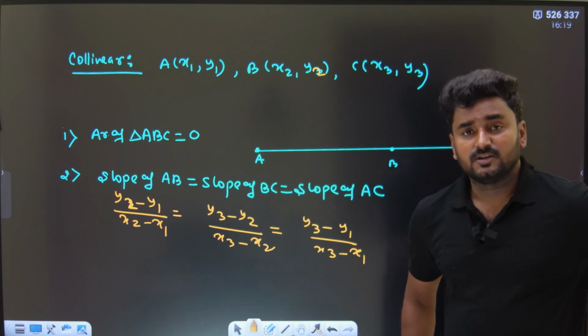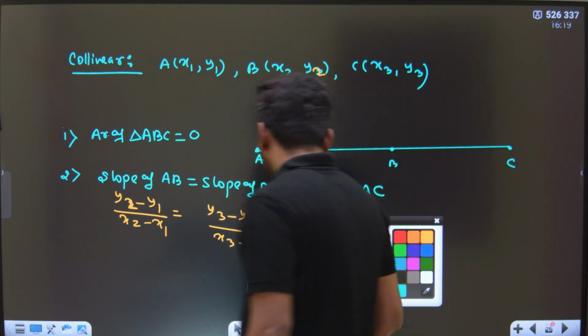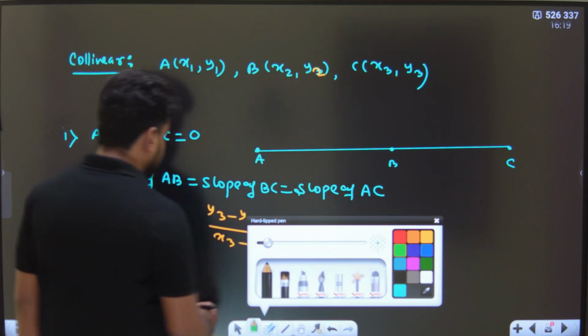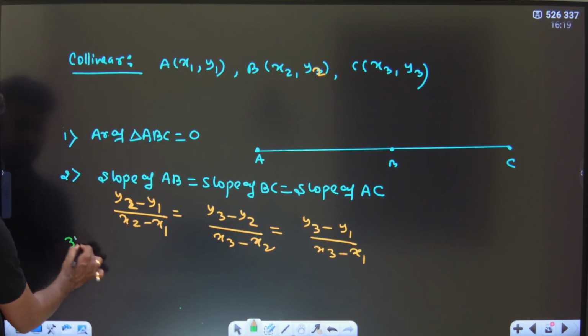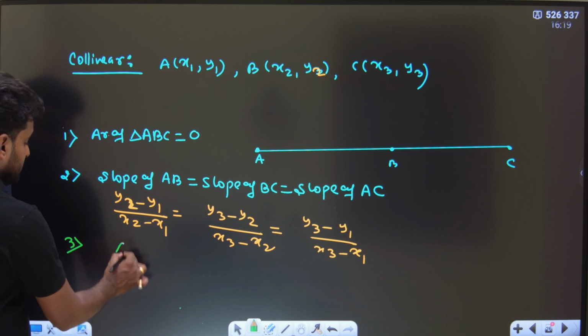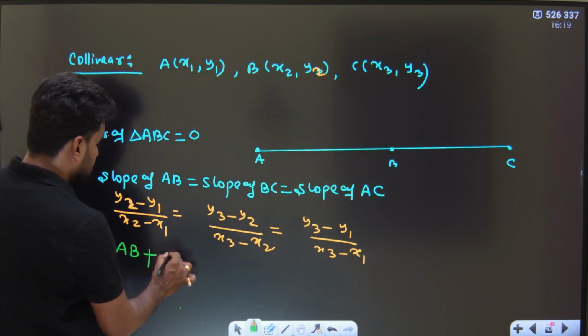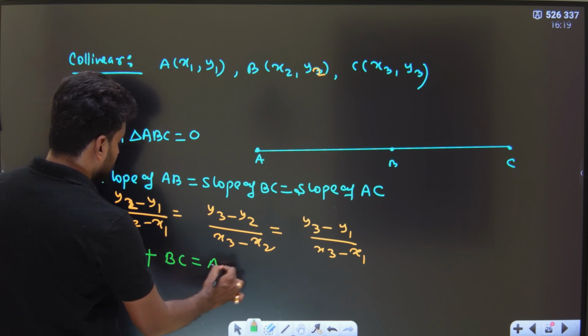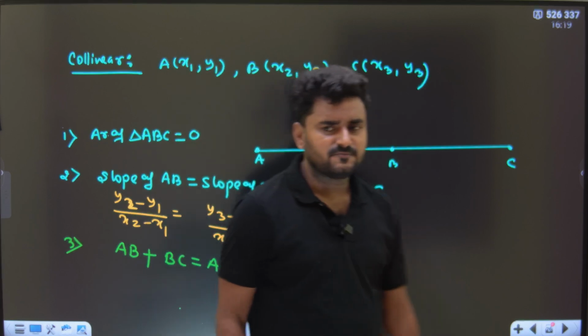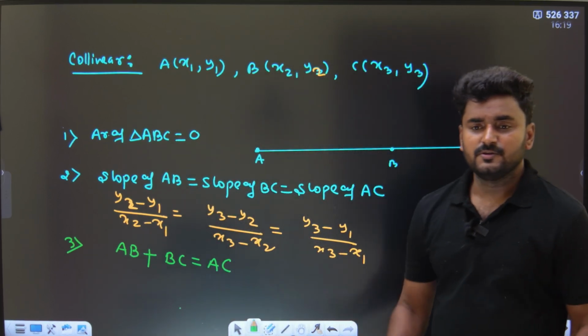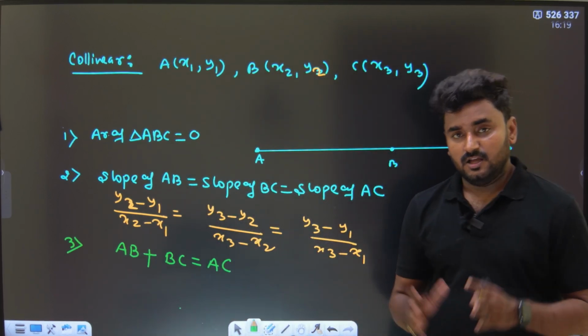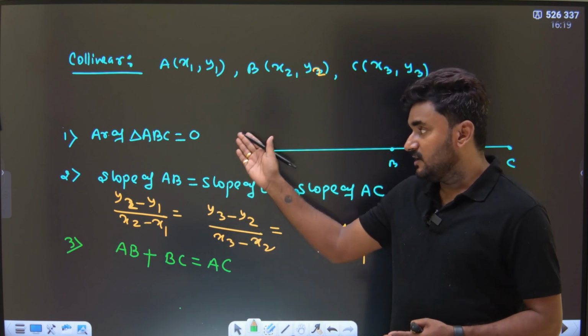And the third condition is, suppose the 3 points are collinear. In that case, the distance AB plus the distance BC will be equal to AC. By using the distance formula, you can see whether 3 points are collinear or not. If you are getting any of them,